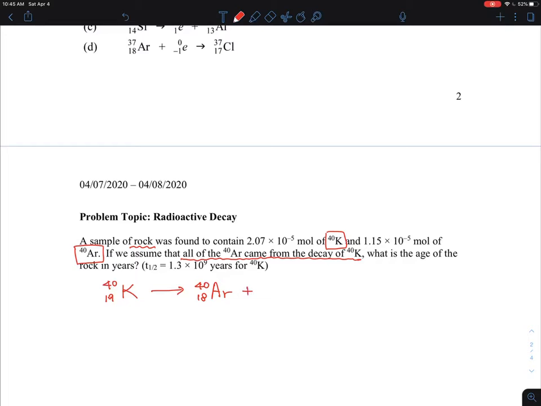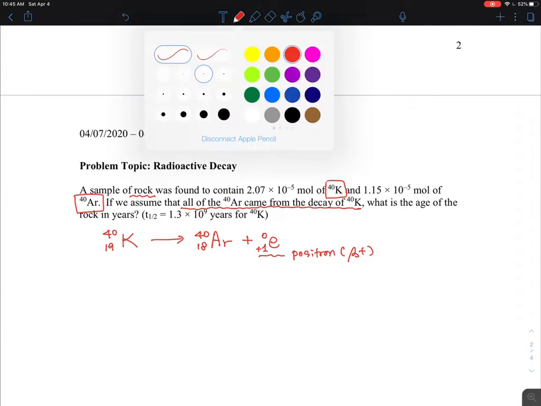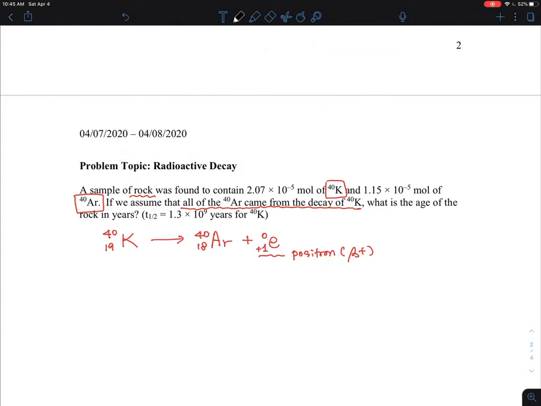So I need to take away one proton, but the charge or mass is 0, right? So this is what we call the positron. The positron is being emitted by this process, and this is known as a first order